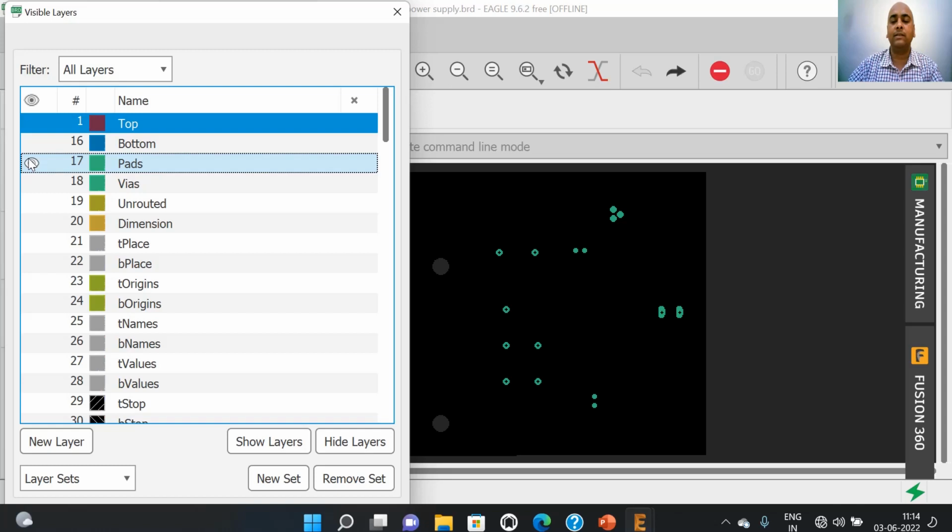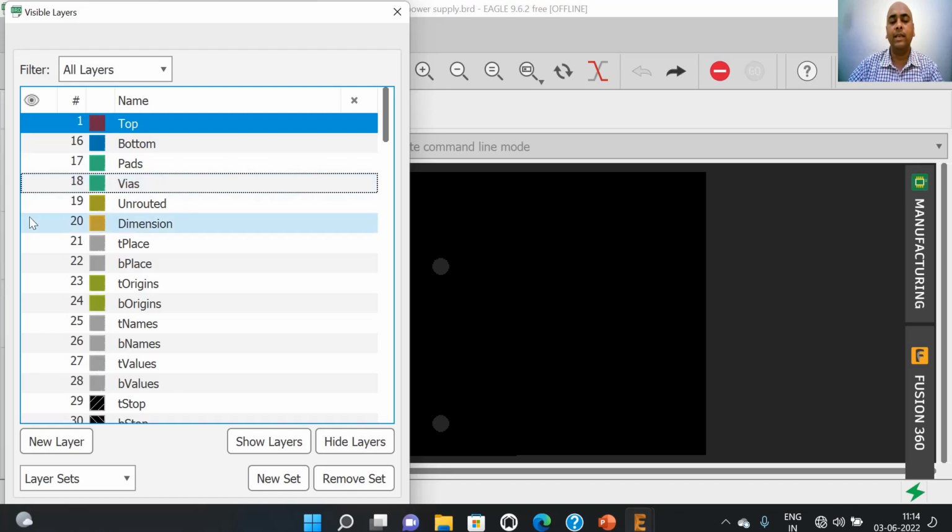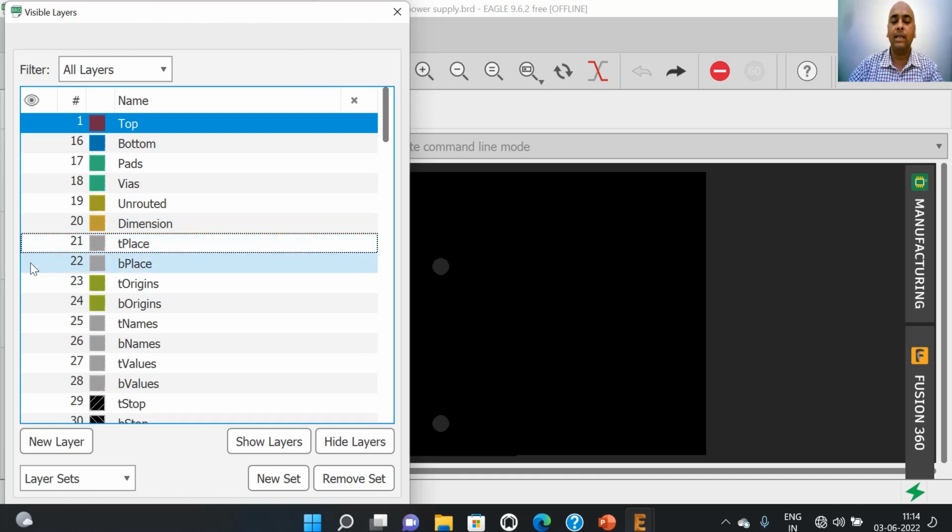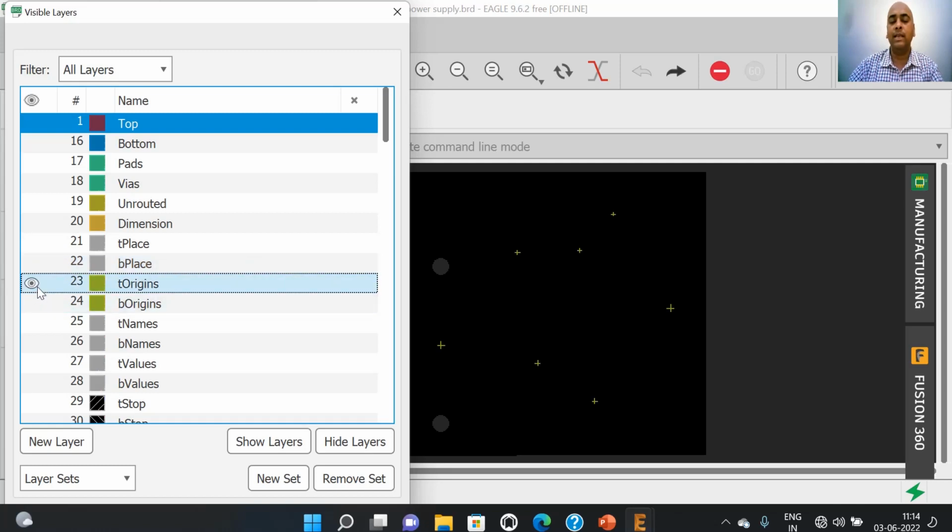The pads layer provides information about the pads of the PCB. Similarly, we can see the vias layer, the dimensions layer, the top place layer, the bottom place layer, the top origin layers, and so on.